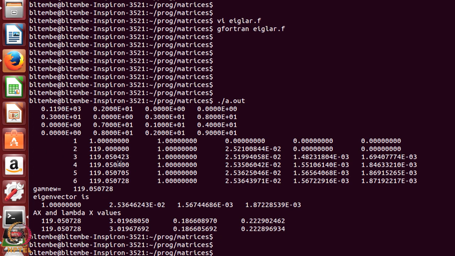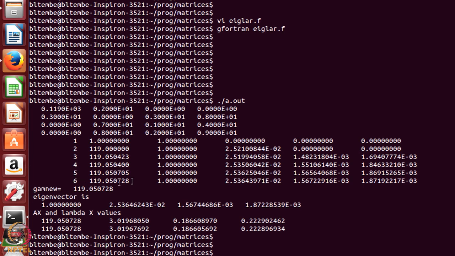When I iterated again, that 119 became 119.04050231, 1, okay. 10 to the minus 2, 1.48 times 10 to the minus 3, 1.69 times 10 to the minus 3. When I iterate again, the next one is 119.05 and this is my eigenvalue, eigenvector is 1, 2.53 times 10 to the minus 2, 1.56 times 10 to the minus 3 and I iterate again.